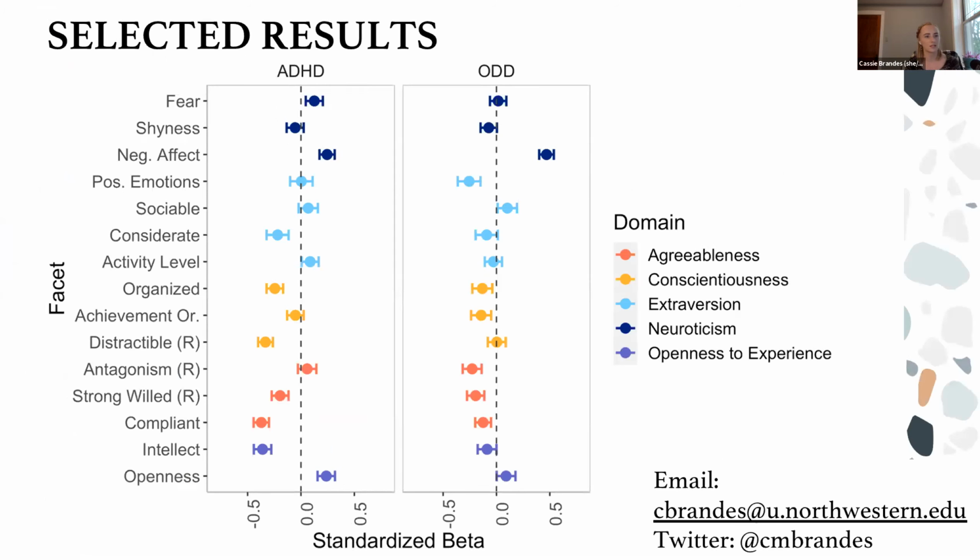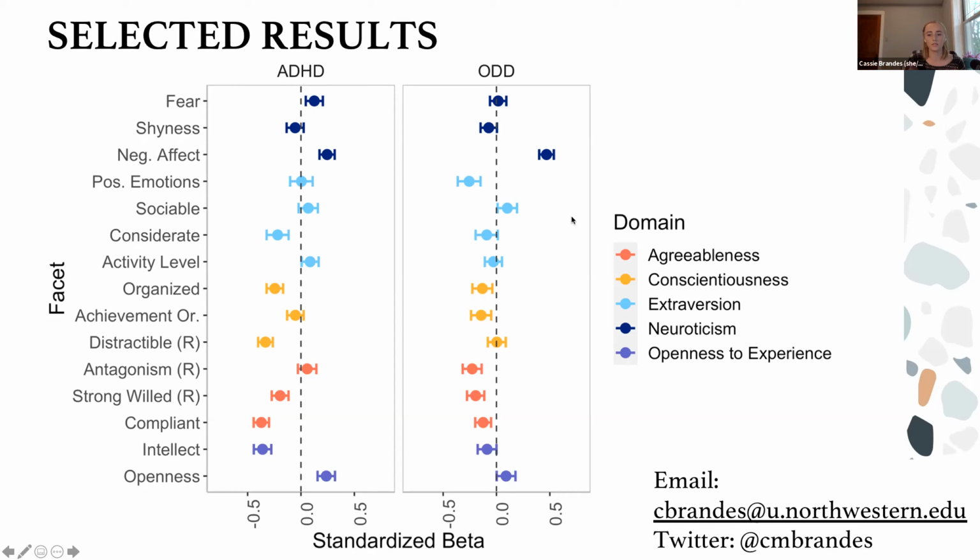All right, looking at some selected results, we found that while five-factor model traits were sufficient to distinguish between internalizing and externalizing spectra, the distinctions between specific disorders were more observable when we looked at the facet-level traits. Looking here at the example of ADHD and oppositional defiant disorder, which is basically clinically significant oppositionality, resistance, and disobedience to authority in kids, what we're looking at on the graph is the standardized betas and the 95% CIs for the regression models I just mentioned. Here we can see that even though these 2 disorders both belong to the same externalizing spectrum and their facet-level trait profiles are relatively similar for some traits, like neuroticism at the top,